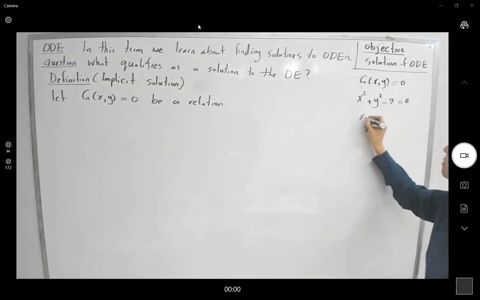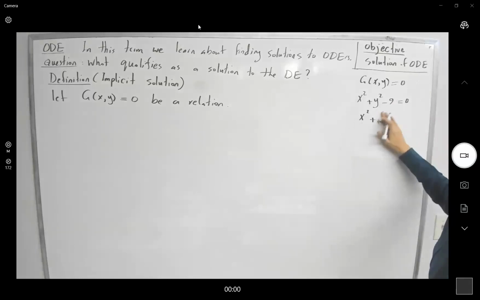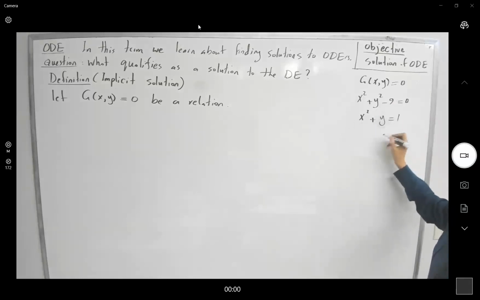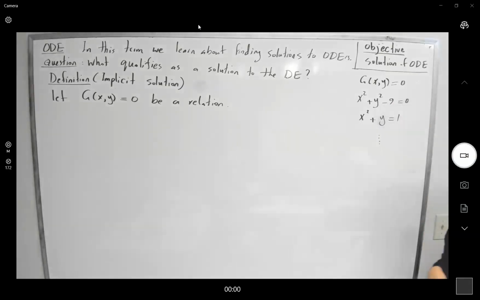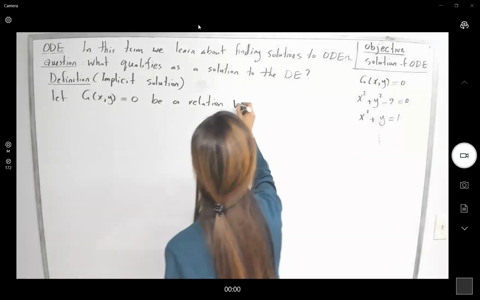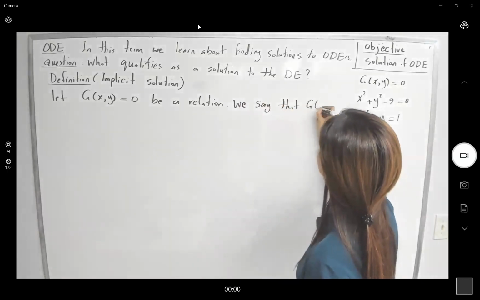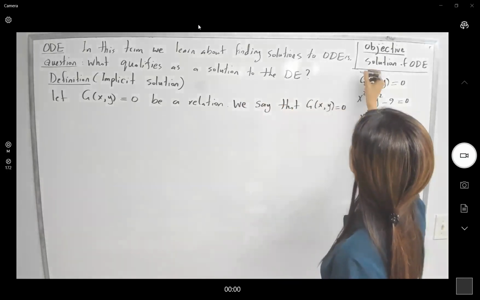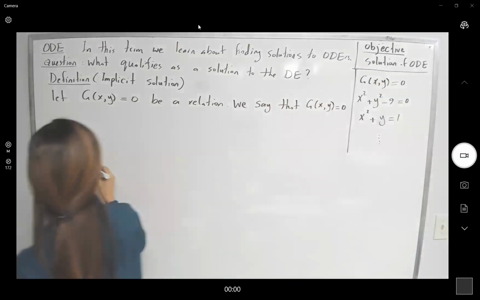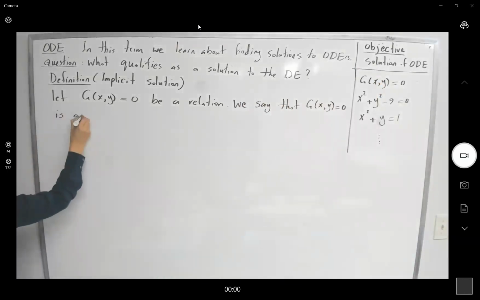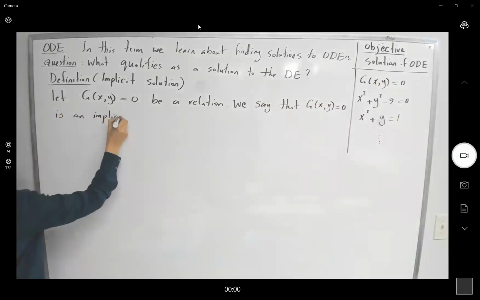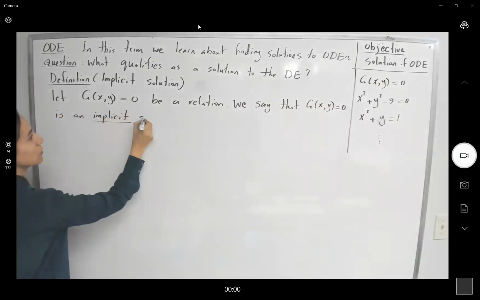Or it might be x squared plus y equals 1. Different types of relations between x and y. So suppose you have a relation. Well, we say that g of x and y equal to 0 is an implicit solution